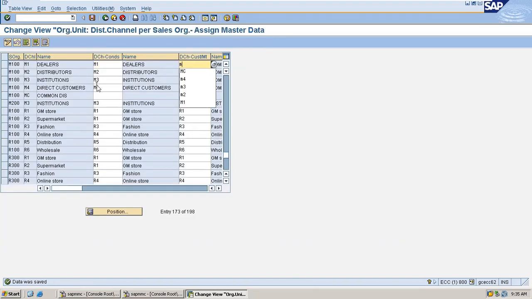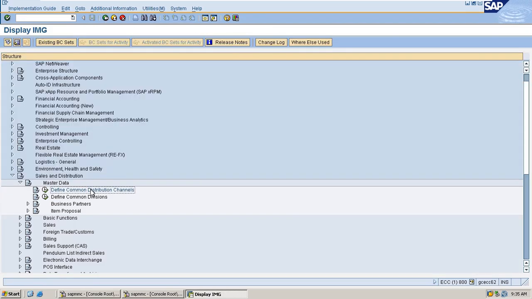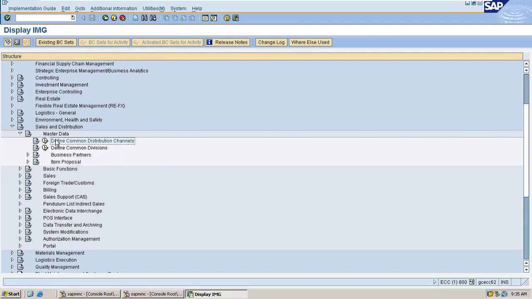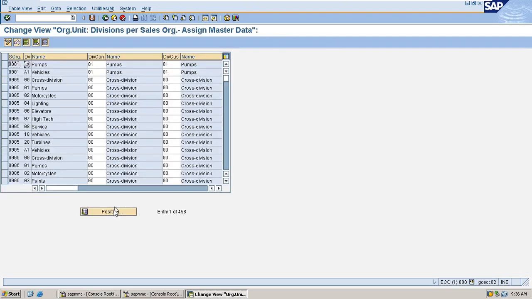So I'm going to roll back the changes. This is just what I have given to explain what exactly the common distribution channel concept is. Like this, we have the common division concept also. In real time, we won't use this common distribution channel concept, but we will use this common division concept.